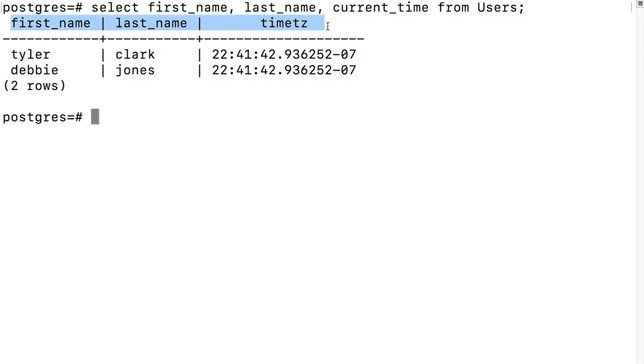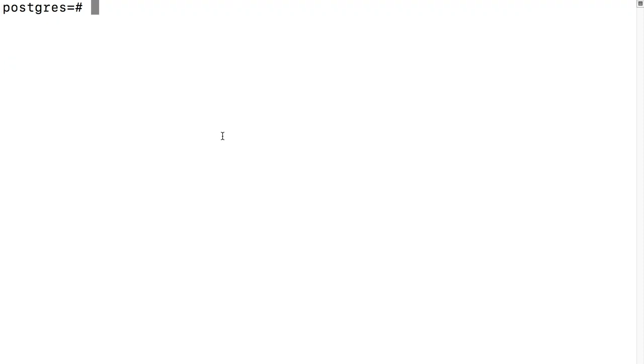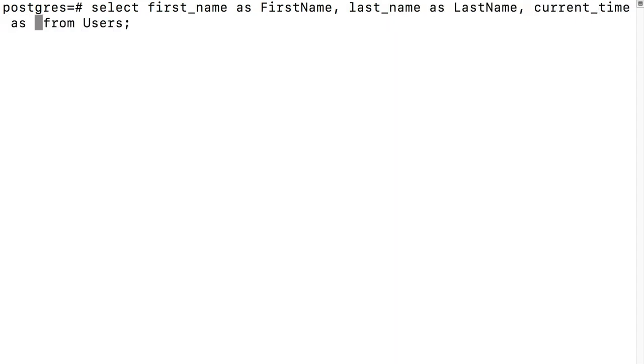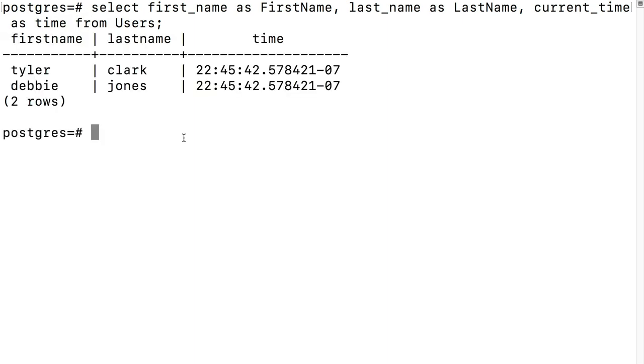We can also alias our columns within the query. If we add, say, first name as first name, last name as last name, and current time as just time, when we run this query, we'll see that we've changed the way our column names have rendered. This is critical to know when working with packages within languages like C#, and we need column names to match